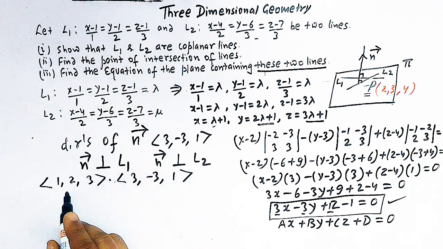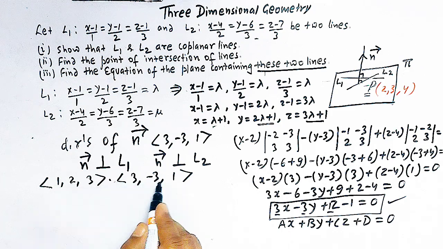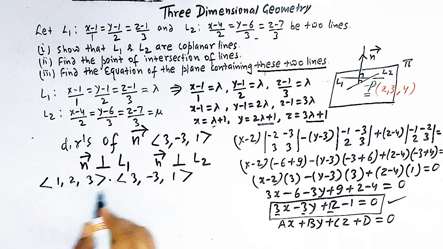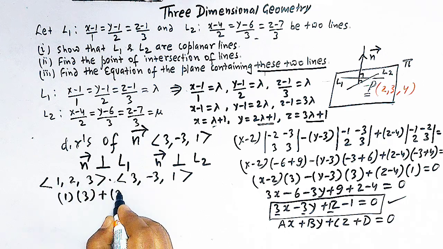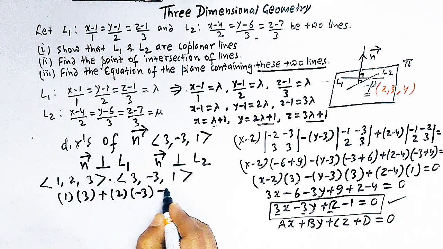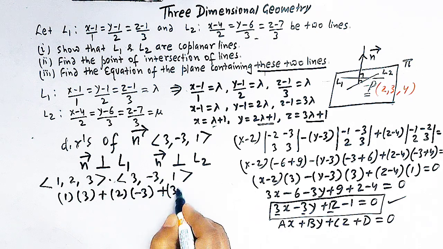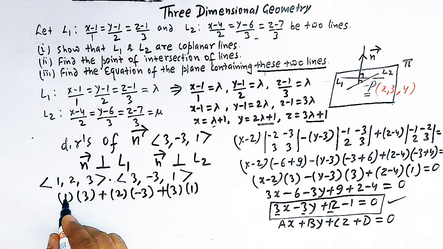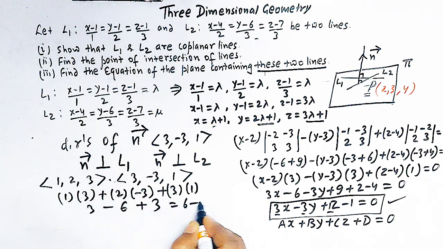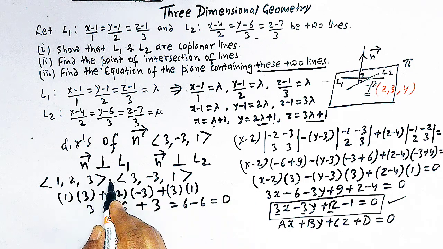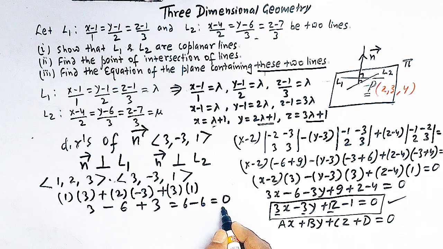Now if we take the dot product of these two vectors, then we have 1 times 3, which is 3, then 2 times minus 3, which is minus 6, and 3 times 1, which is 3. So 3 plus 3 is 6, 6 minus 6 is 0. So the dot product of these two vectors is equal to 0,